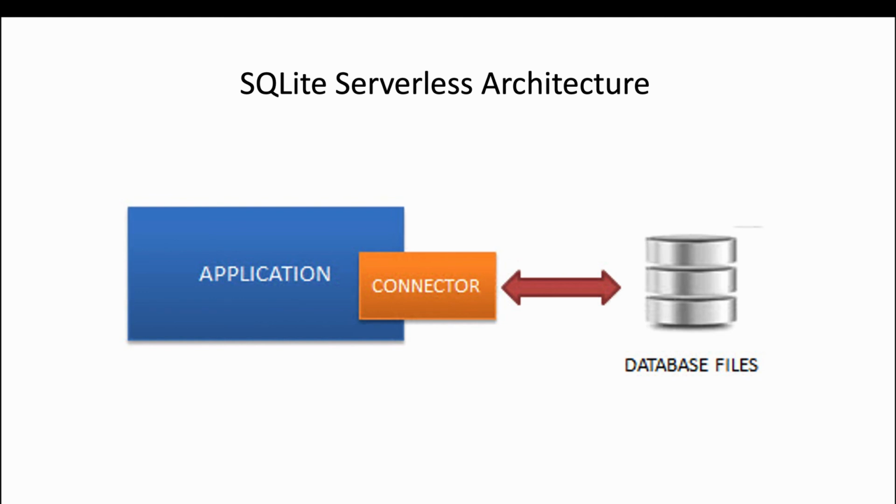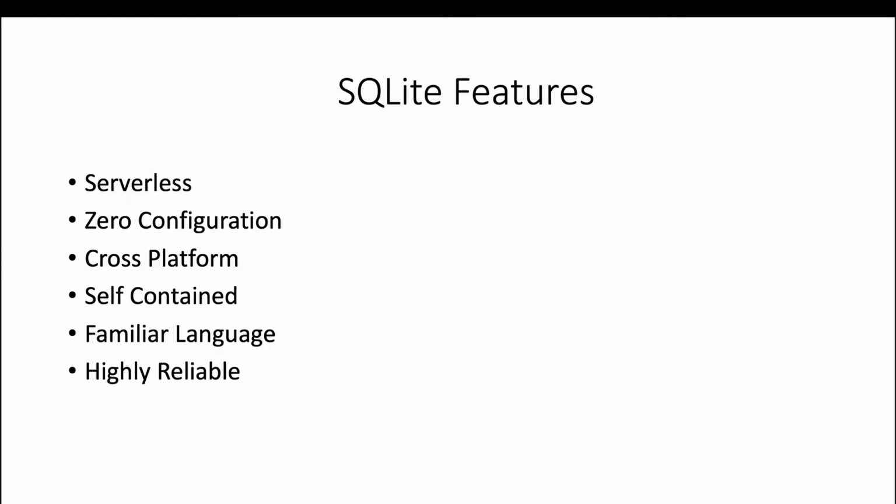Whether you are developing your application on a hybrid platform or a native iOS or Android application, you can use SQLite. SQLite comes with certain features like serverless, zero configuration, and cross-platform. When we talk about cross-platform, it's a complete SQLite database stored in a single cross-platform disk file, and it is self-contained as a single library contains the entire database system, which integrates directly into your host application.